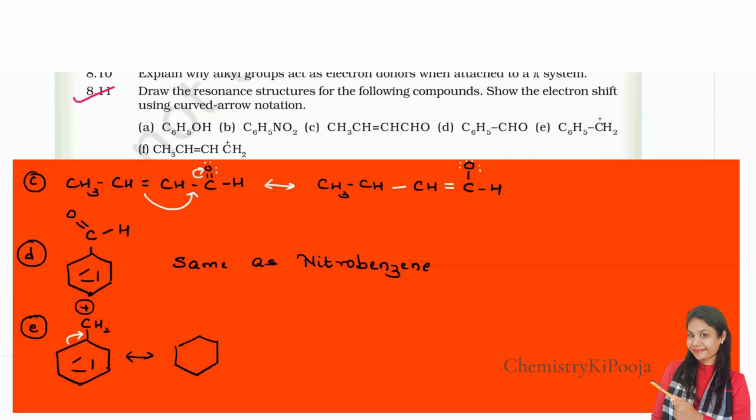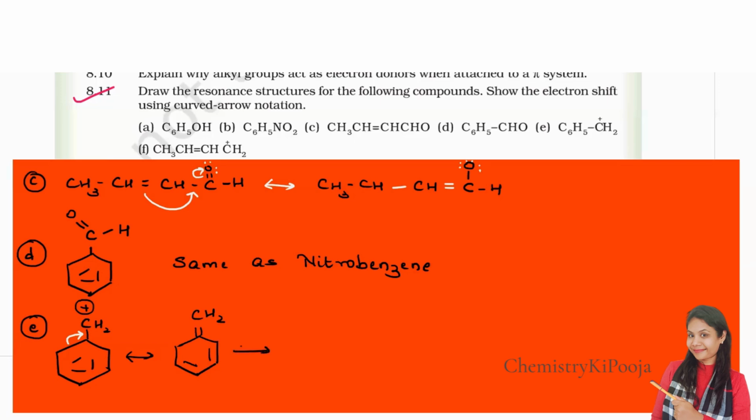again, similar to nitrobenzene. Nitrobenzene, benzaldehyde, all are electron withdrawing groups. In the same way, over here the benzyl cationic group is present, and this will try to pull the electrons towards itself. So it is also of a similar type, with the same resonating structure as nitrobenzene. So this is double bond CH2. No need to put the plus charge because it has pulled the electrons, and this bond will remain as it is.